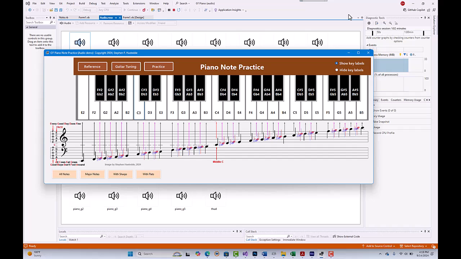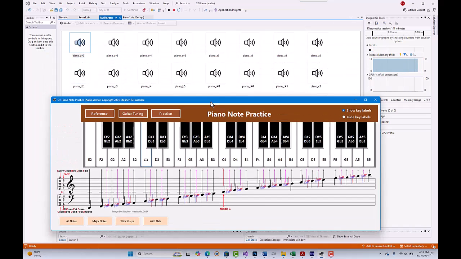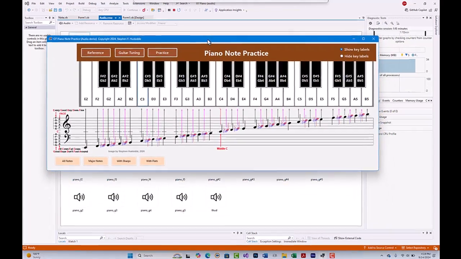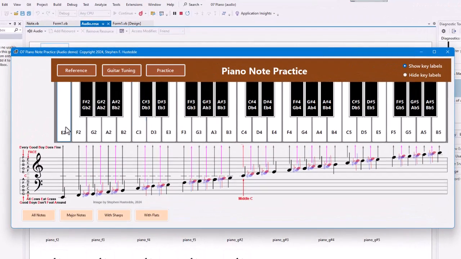Let me show you another example. This is a much more involved project that took me most of a weekend to do, creating all the graphics and recording all the audio. So you'll see that in the audio files, there's a lot of audio. I did an audio file for each key of the keyboard so that the user can press a key,